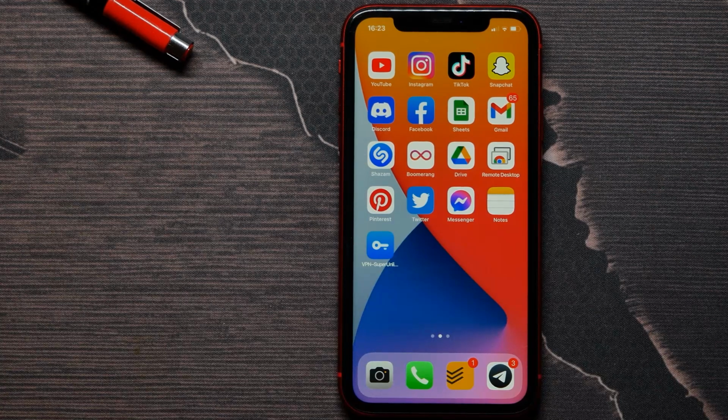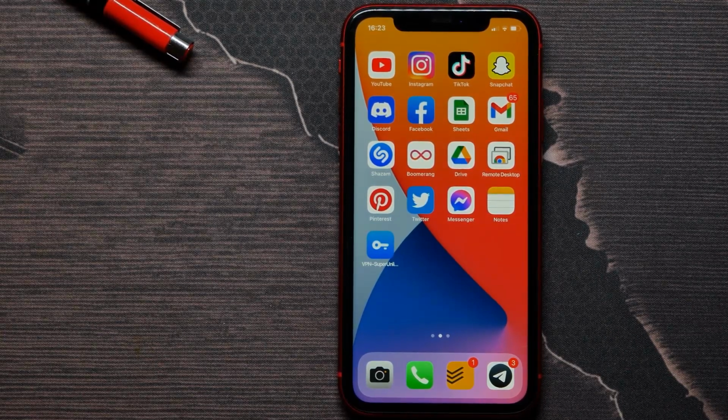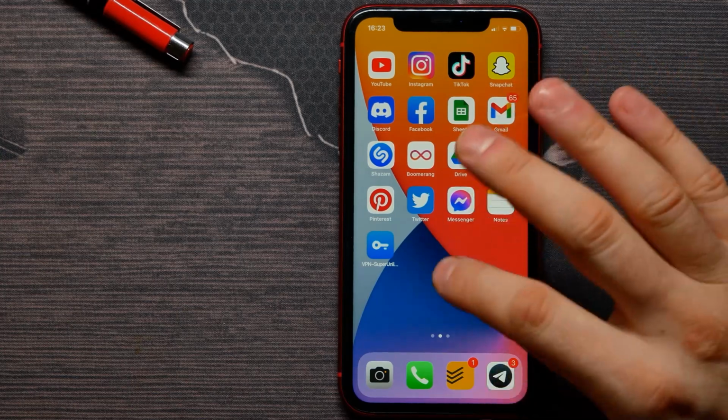In this video I'm going to show you how to show battery percentage on your iPhone. That's very simple and easy, so let's begin. And first you need to go to the screen where you need to place the percentage battery widget and just tap